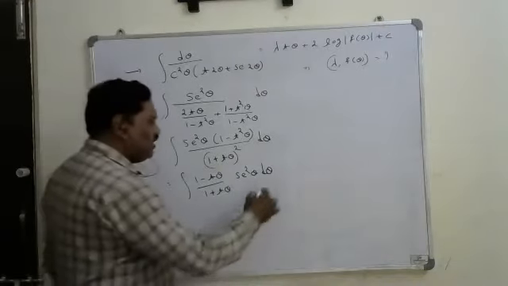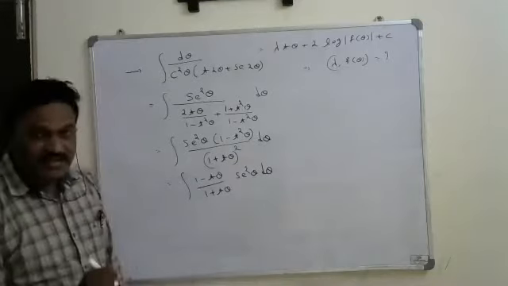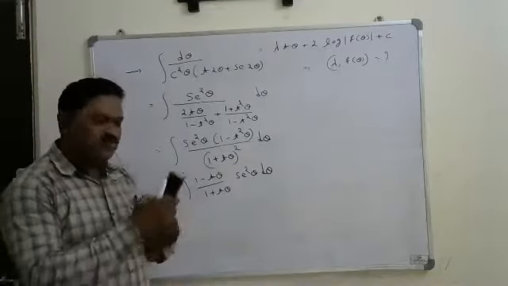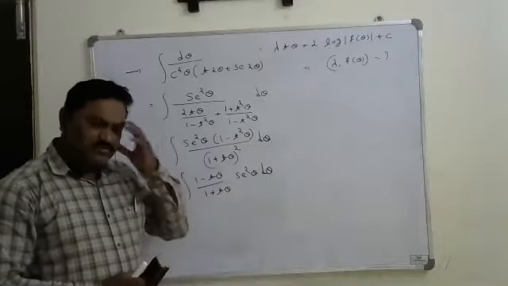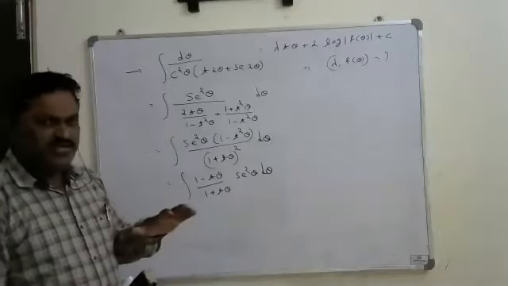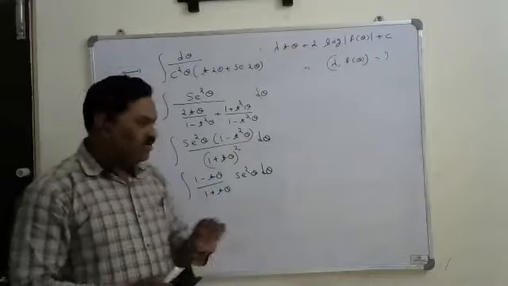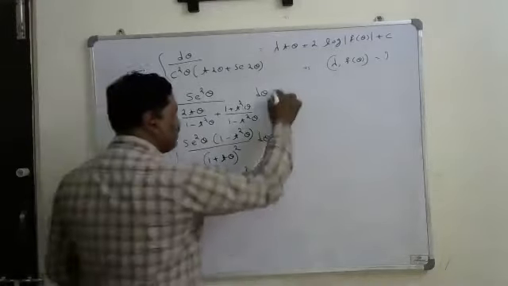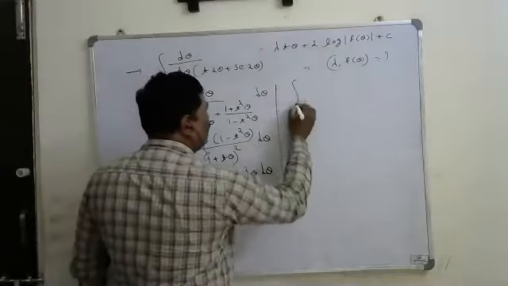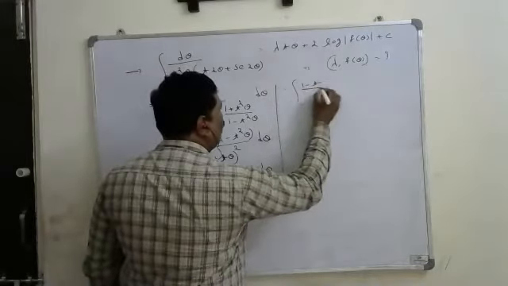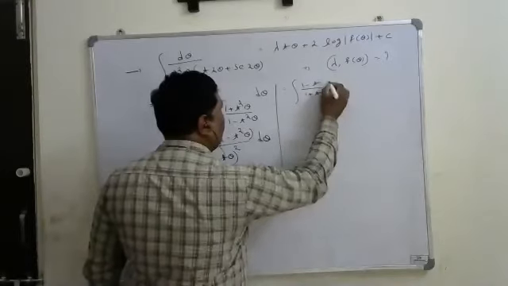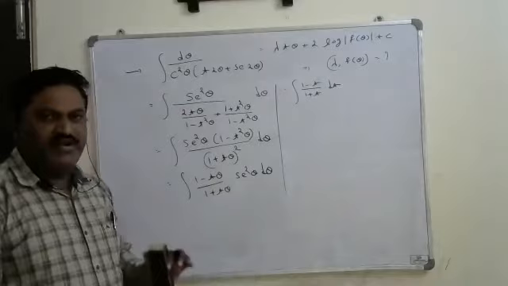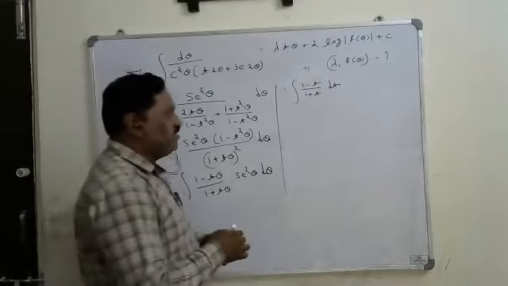Now the substitution is that we take tan theta is equal to t. Every time I don't need to write all the steps, so keep that in your mind: tan theta is equal to t. Secant square theta d theta becomes dt. Then the problem is the integral of (1 minus t) upon (1 plus t) dt. The problem changes like that. Now we have to evaluate this. How can you evaluate this?